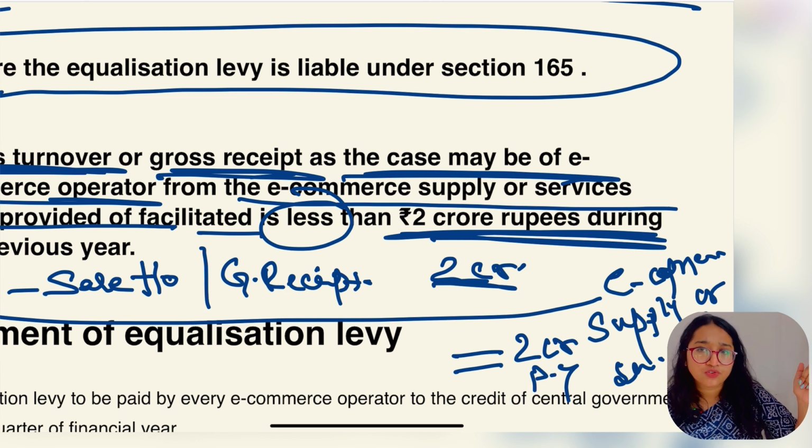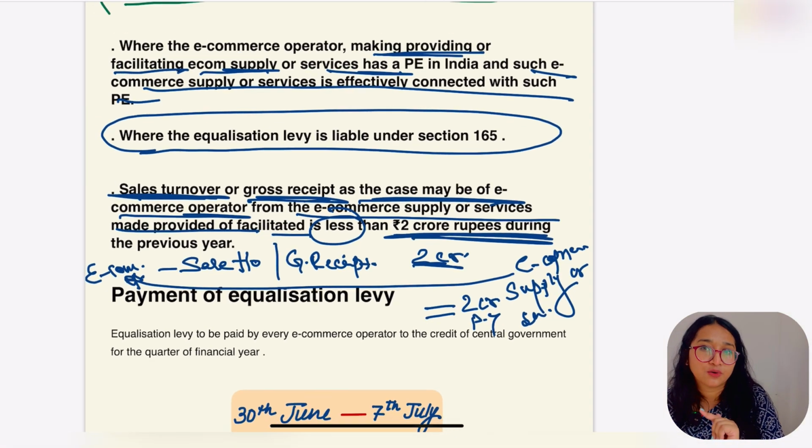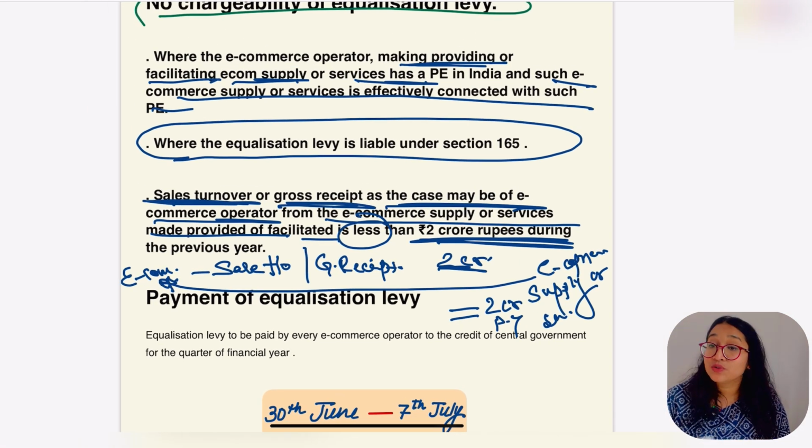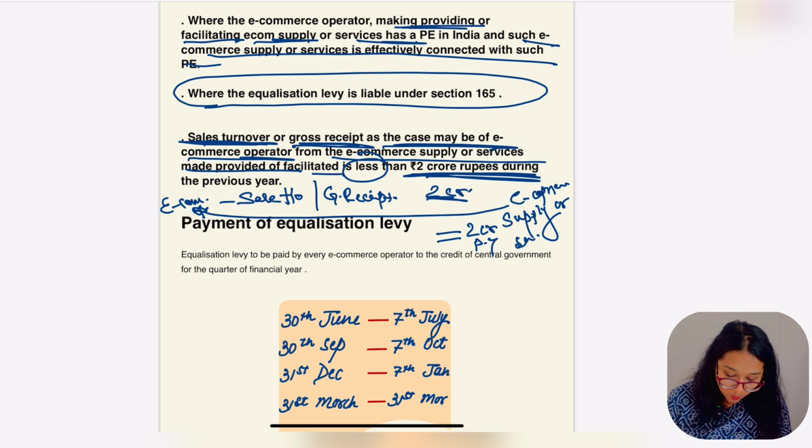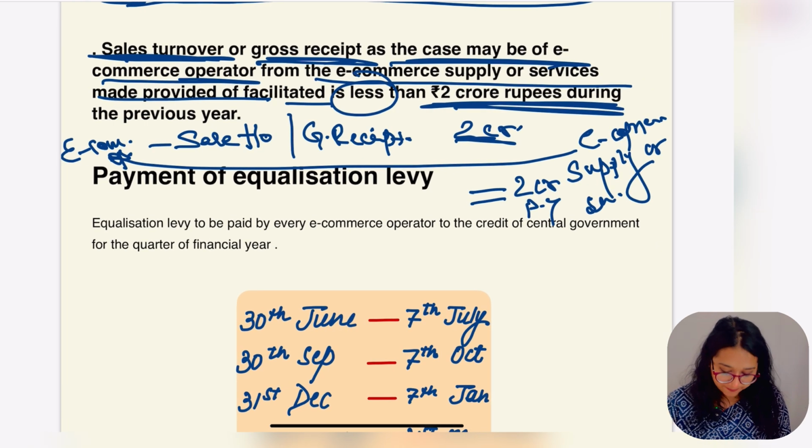Now, what was the consideration receivable? That was 1 lakh by the non-resident, but this is for about 2 crore. And in this case who is going to pay the equalization levy? The e-commerce operator. And in that case those two parties pay 6%, remember, under section 165. Now what I told you is that the payment of equalization levy is to be done before the 7th of next month in case of 165, of 6%. Now let's find out what the payment of equalization levy under section 165A is.